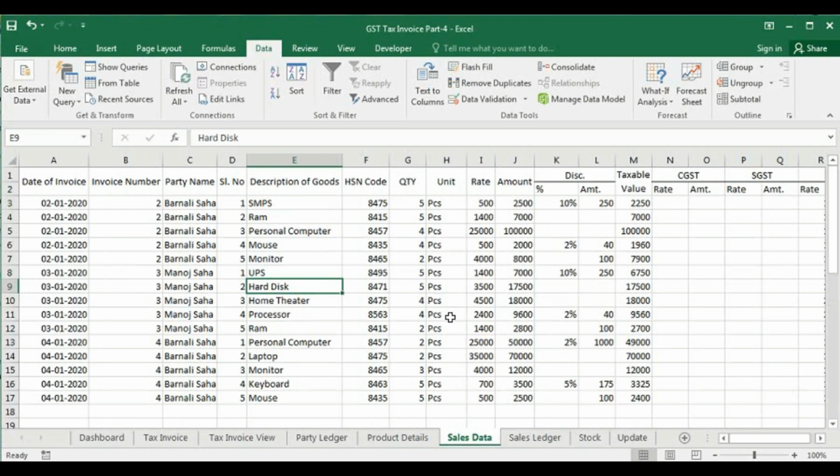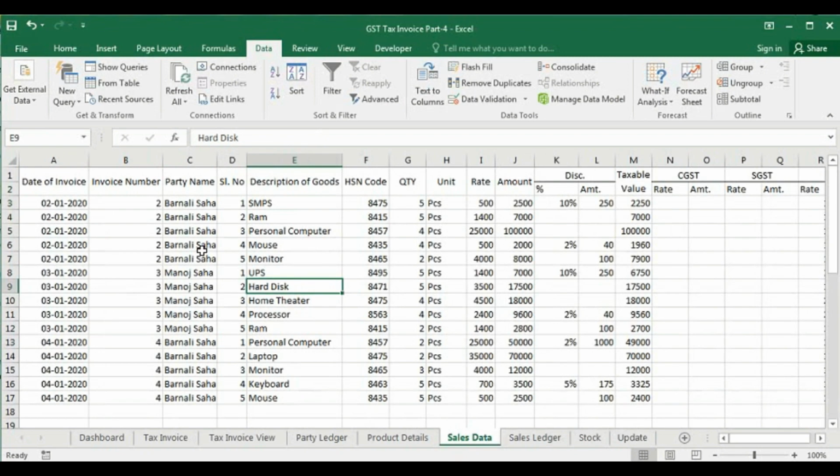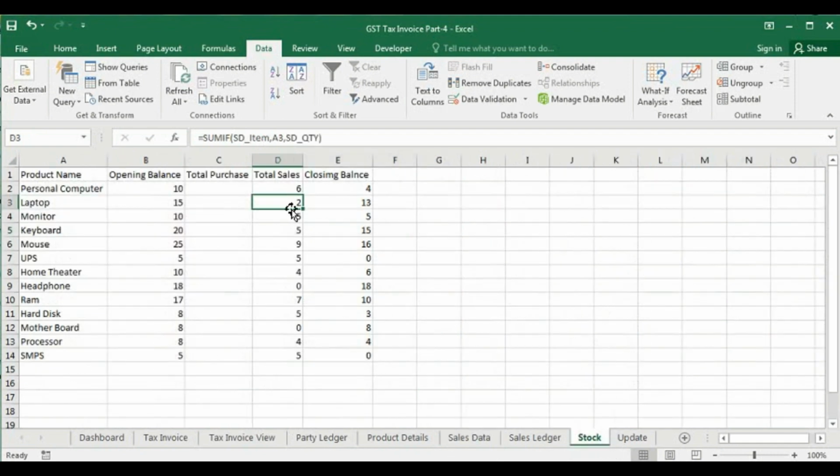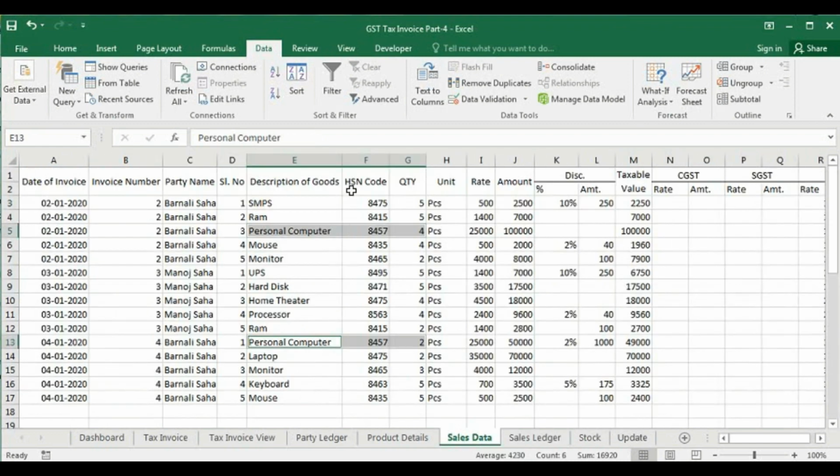From this data, it has been calculated. See here, personal computer, here you have sold 4 and here you have sold 2. That means you sold 6, so your total sale is 6. In this way we calculated the total sold of all these items from this sales data.